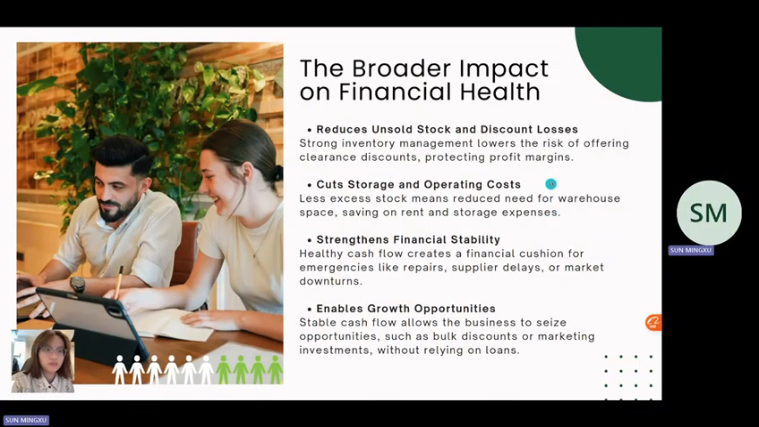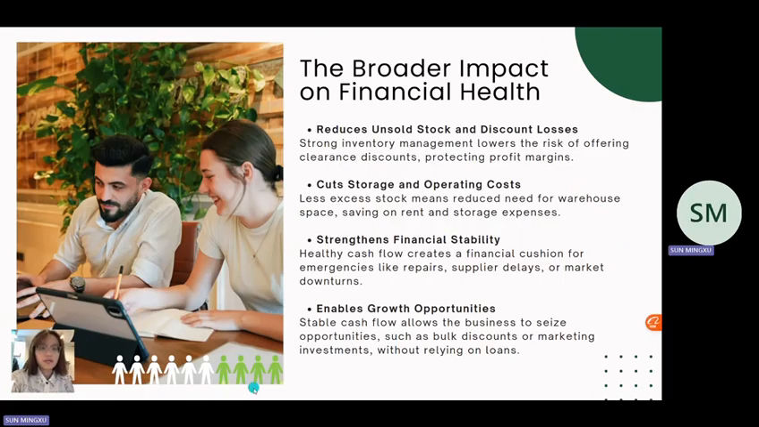Another one I want to present is the broader impact on financial health. Actually, we can find that implementing a strong inventory management strategy will not only improve the cash flow, but also enhance the Asimo cycle's overall financial health. By reducing unsold stock, the company can avoid offering discounts that reduce the profit, and save on storage and warehouse costs. It also lowers operating expenses, and a healthy cash flow can create a financial cushion for unexpected shocks like repair costs,